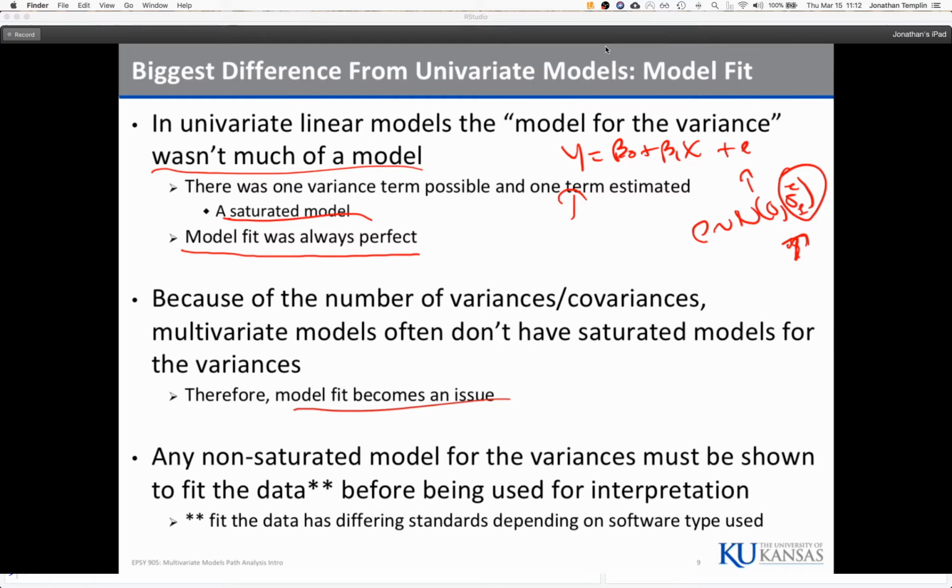And so really what we're going to see in the analysis as we proceed, the steps of the analysis are no longer just estimate the model, look at the beta coefficients and interpret the results. There's an additional step that gets added to the analysis, which is estimate the model, and then the next step is check model fit. Once you check the model fit, you have to see that the model fits the data. All right? There are different types of standards for this. We're going to get to model fit in the next lecture, so we will hold on for what that means